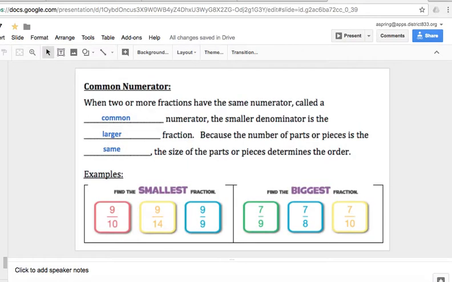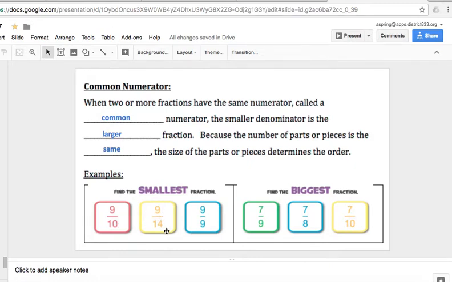Thank you. Strategy number 2, common numerators. When 2 or more fractions have the same numerator, called a common numerator, the smaller denominator is actually the larger fraction. Because the number of parts or pieces is the same, the size of the parts or pieces determines the order. So if we're looking at this first example, going back to pizza, 9 out of 10 slices, 9 out